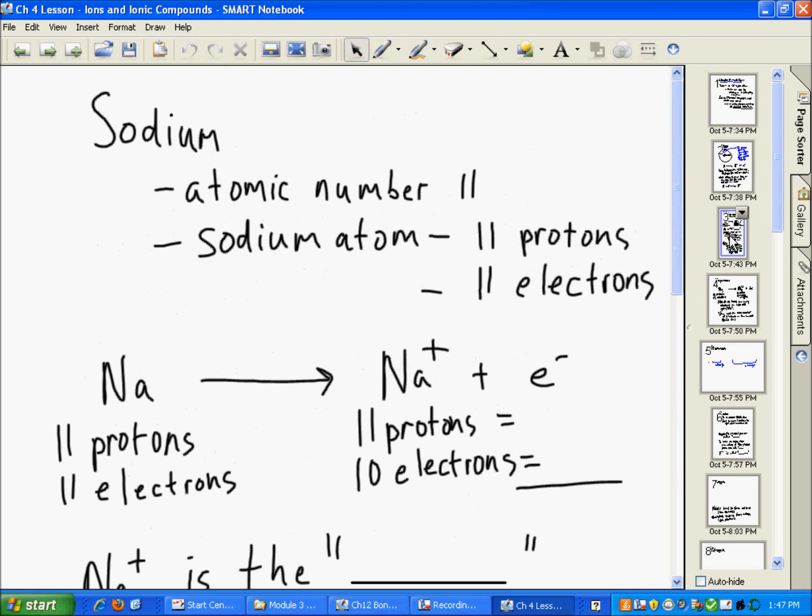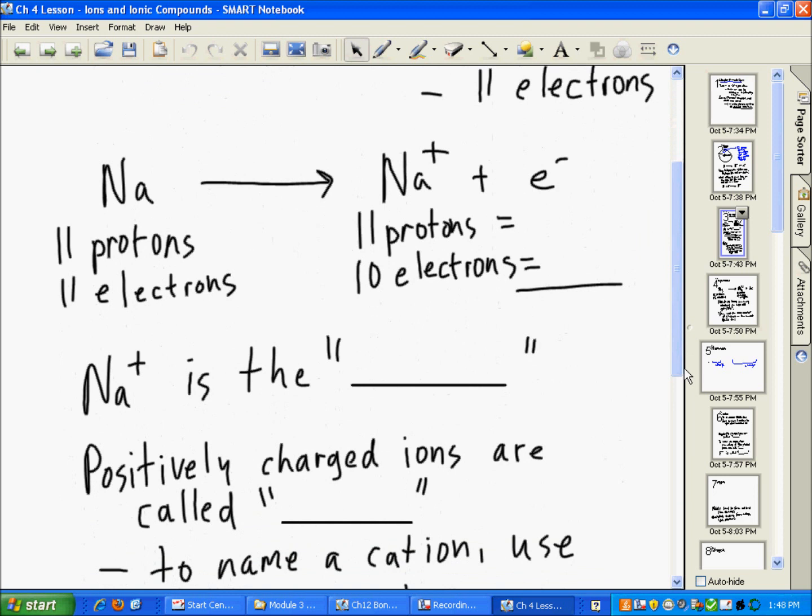Okay. So we've done hydrogen. Let's take sodium as an example. Sodium has atomic number 11. What that means is that if you have a sodium atom, it will have 11 protons and 11 electrons. So over here, we have a sodium atom with 11 protons and 11 electrons. So if sodium was to lose one electron, it would be left with 10 electrons. So here we show sodium losing an electron,